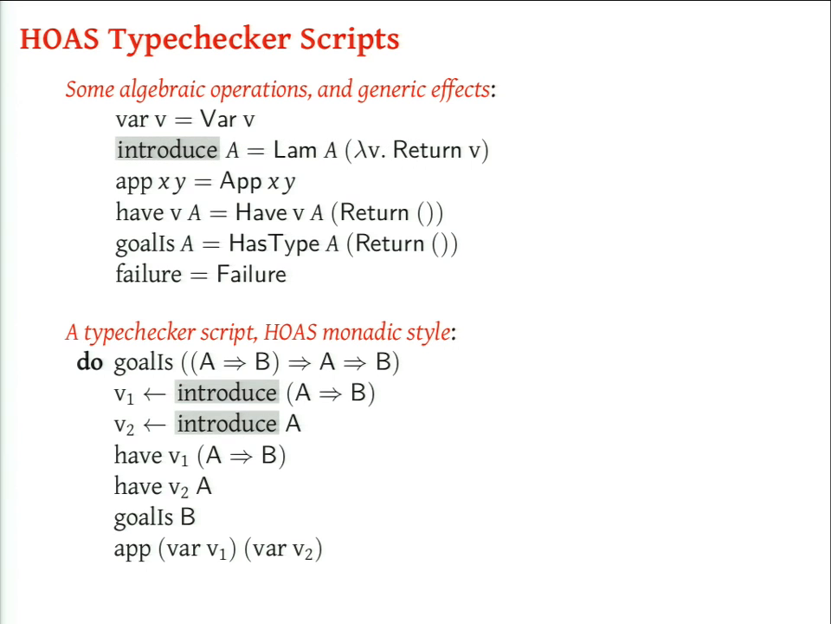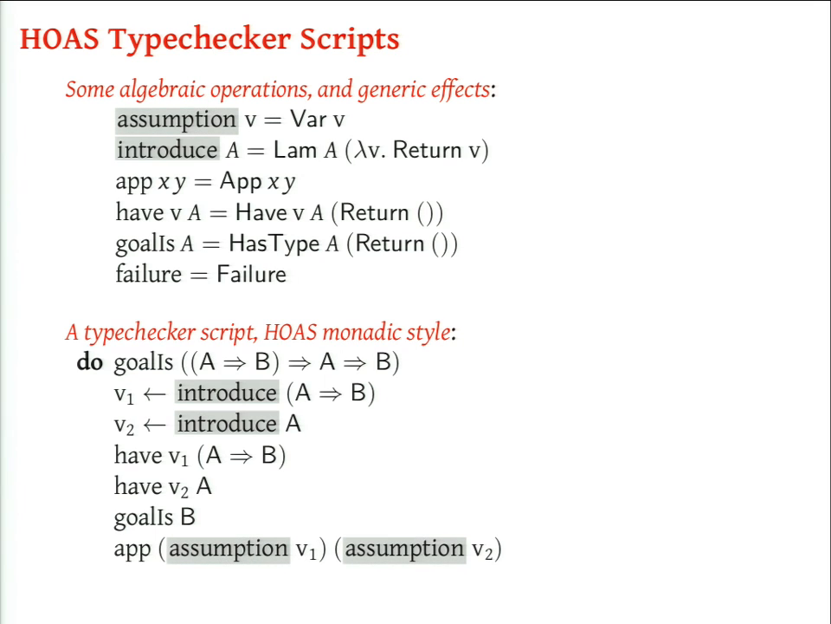Now, we don't have to write lambda. We can start to make this look a bit more like Coq, which is some sort of trivial rewritings. We can just say we're introducing a new variable called v1, which has type A arrow B. We're introducing a new variable v2, which has type A, and we don't have to write var at the bottom. We can write assumption. And now it just starts to look more and more like a kind of tactic script, except it's a bit more principled than the tactic scripts that you get in Coq or Isabelle, where